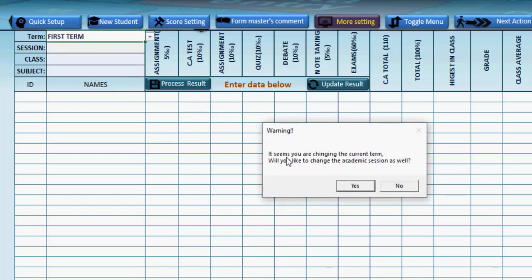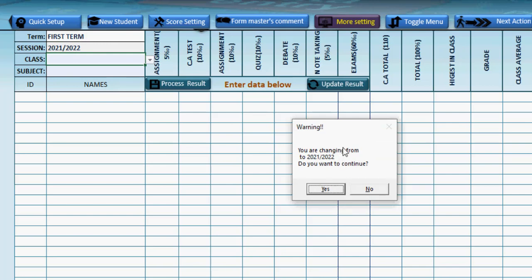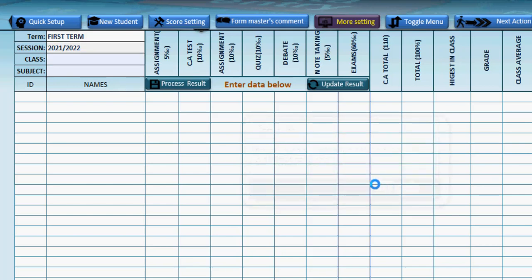Okay, it will tell you we are changing 10. Do you want to change the session? Yes, we are changing the session, and our session is 2021/2022. Assuming we click on enter. All right, you want to continue? Yes. Okay,